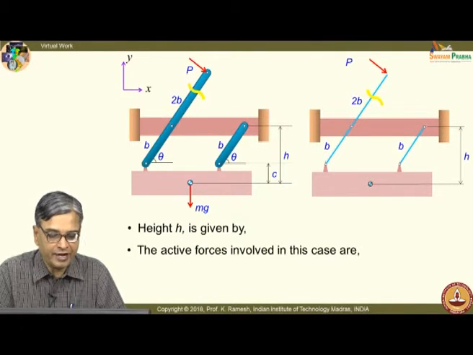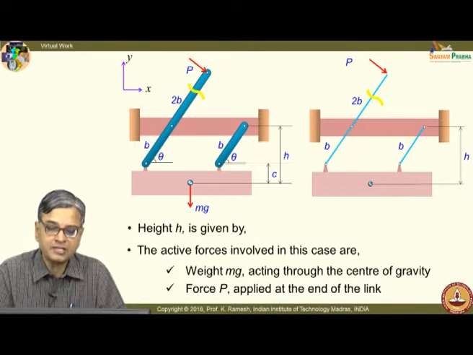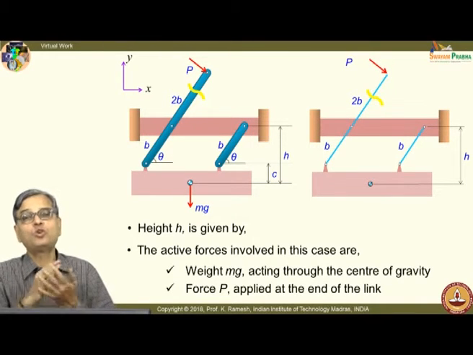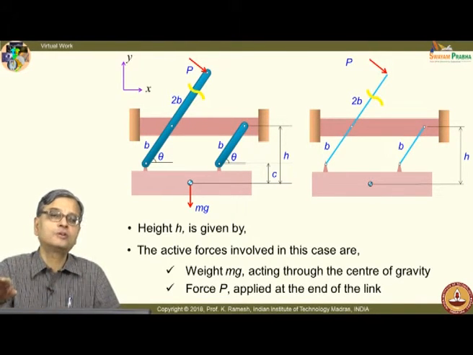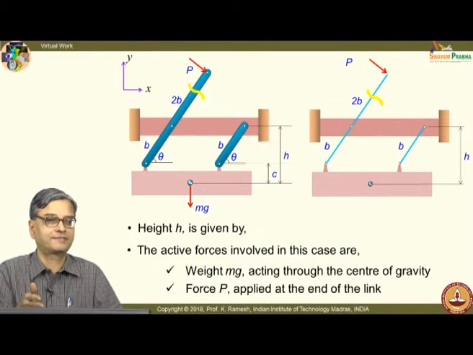So, initially you find out, in all problems, you first label the active forces or recognize the active forces. The active forces are P and mg. So, the first step is to identify the active forces, because this practice would help. Suppose I want to find out the reaction. What I would do is remove the support, put the reaction there and treat it as an active force. That is the trick.